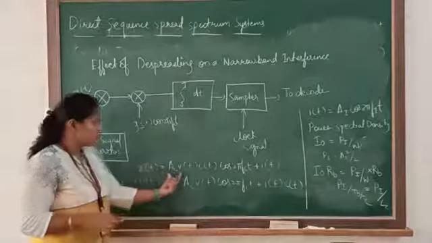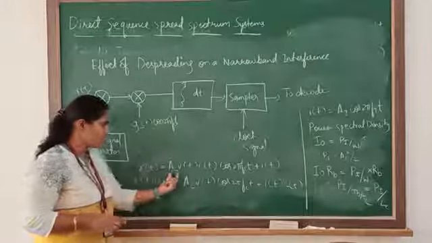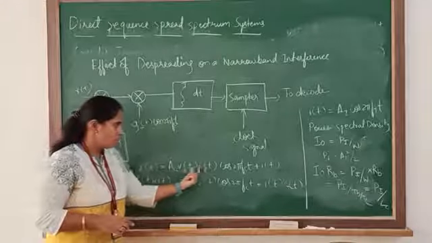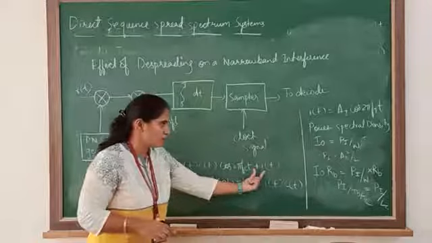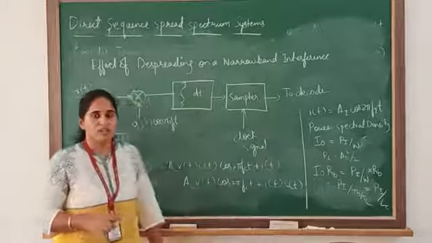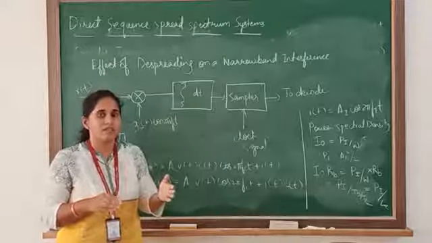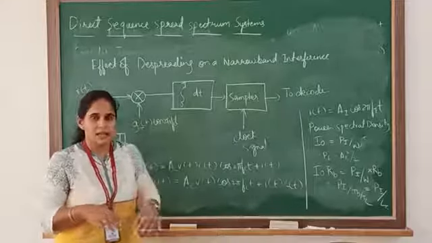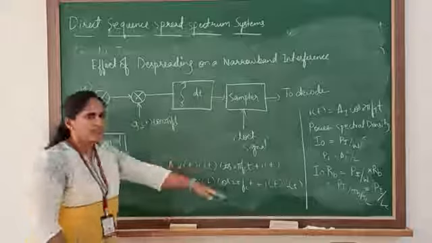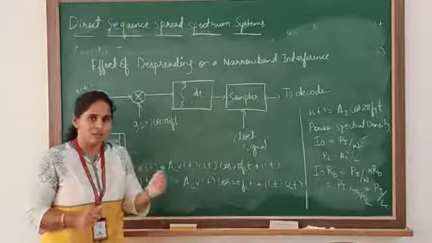The received signal r(t) is equal to Ac v(t) c(t) cos(2 pi fc t) plus i(t). Here i(t) is nothing but the interference signal, that is, narrowband interference, which gets added to the signal in the channel, and it has the same bandwidth as that of the signal.